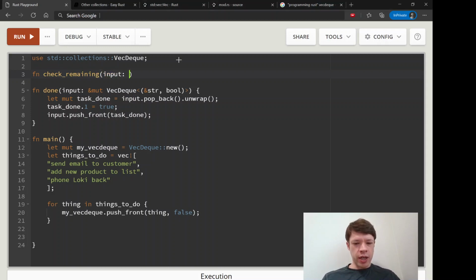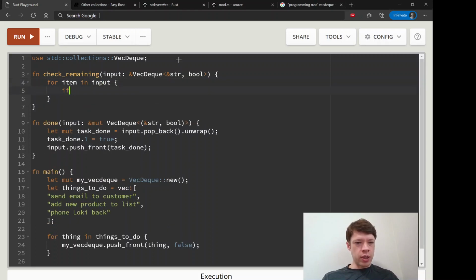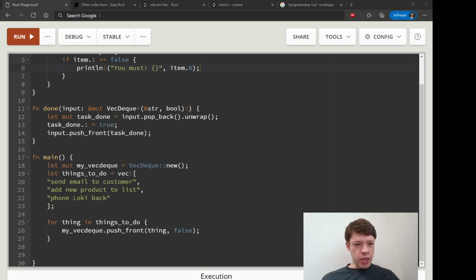We have another function here, and it will use a regular reference to a VecDeque, and the VecDeque is of course (&str, bool), and then it will tell us if we are done or not. So it says if item.1 equals false, it will remind us with println: you must do something. And then we put the item.0, which is the str that we're going to print out. So then down here,